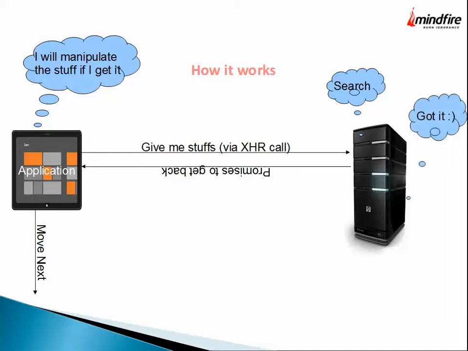Now, got it. The server is now ready to deliver. Here is the stop. So the stuff is ready and it's with the application. And mind it, during this waiting period, between putting a request and getting the response, there is a delay, right? There is a gap, and in this gap, your application is not idle at all. It's doing its own job, right? I'll come to the magic of Promise, why and how.